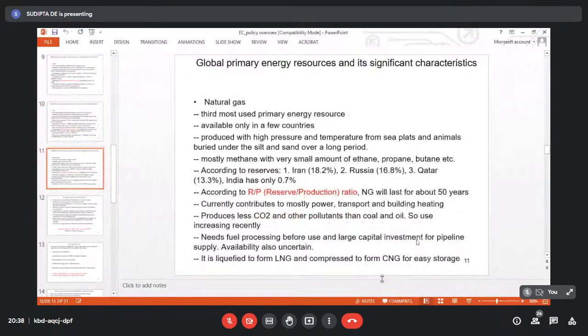Then we are going to natural gas, the third of the three most important fossil fuels. Coal we have discussed, and we have seen the characteristics. Oil also we have discussed and seen the characteristics. And the critical issue of coal and oil is the distribution nature, the amount of reserve, and the expected lasting of the fuel. Natural gas is the third most used primary energy resource. Obviously, with respect to quantity, coal is the maximum used: availability is maximum, and use is also maximum. And interestingly, this has been matched, because technology development is also driven in that direction.